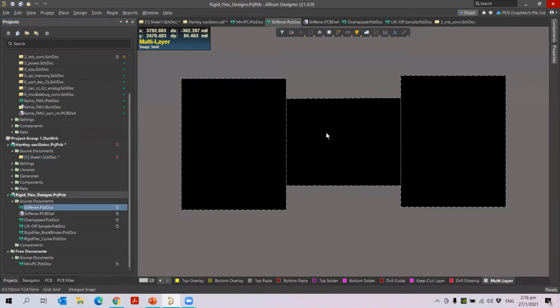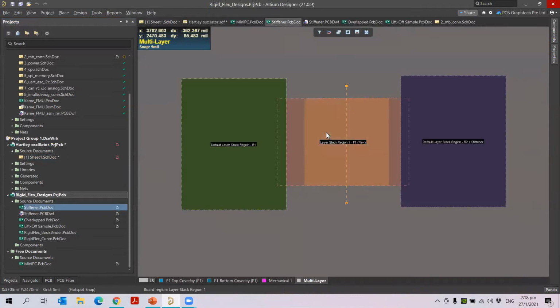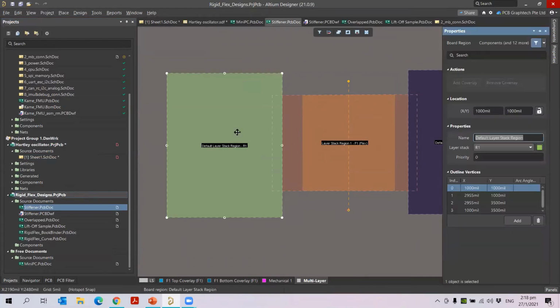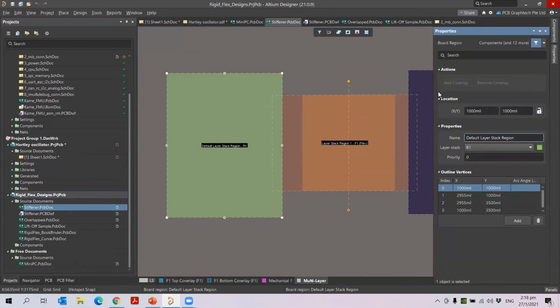Okay, so here let me go for the board planning mode. In this mode, first let me select the region. You see, I can individually select one region. When I double click, it will open the properties panel. So meaning I can see the board region properties now, with the name, what layer stack is used for that particular region, and the priority of that particular board region.